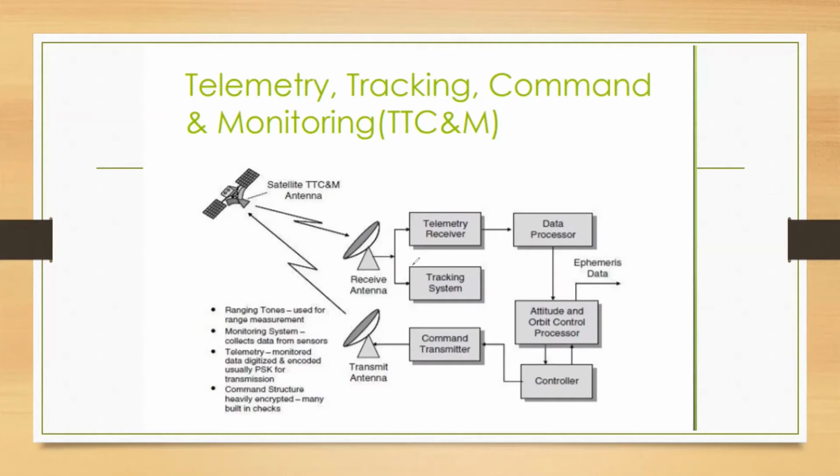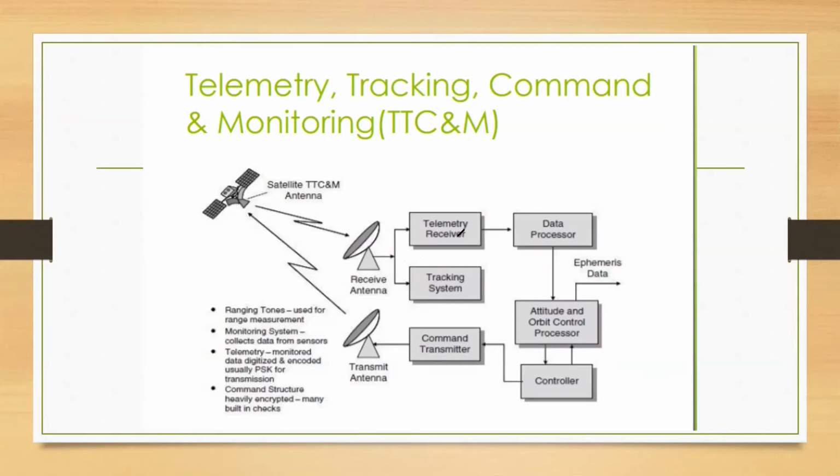So once this signal is received, this telemetry signal is used not only for the data processing that I told you about that day, but also for tracking the satellite at the Earth station, which says whether you are receiving the right power. Depending upon the telemetry signal regarding the location of the satellite in the orbit, you could have a tracking system which changes the position of the receiving antenna, so that it is continuously tracking the satellite.